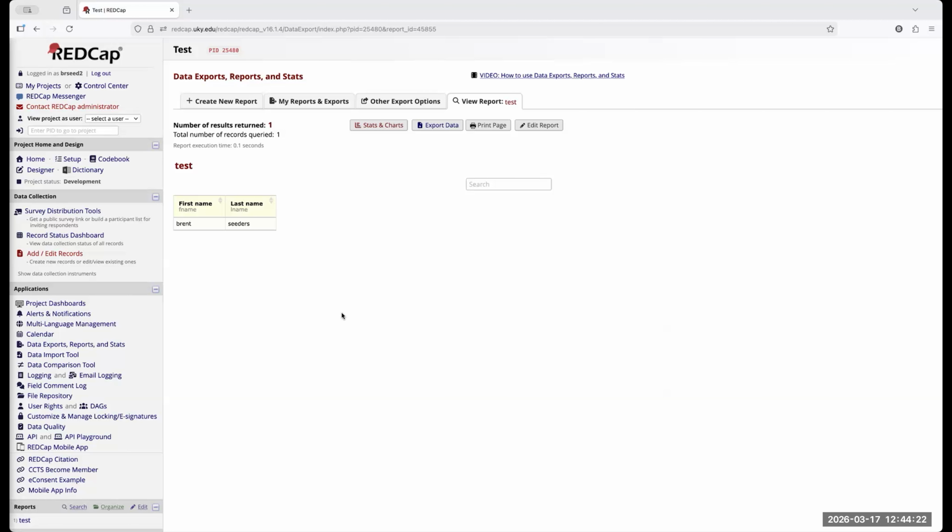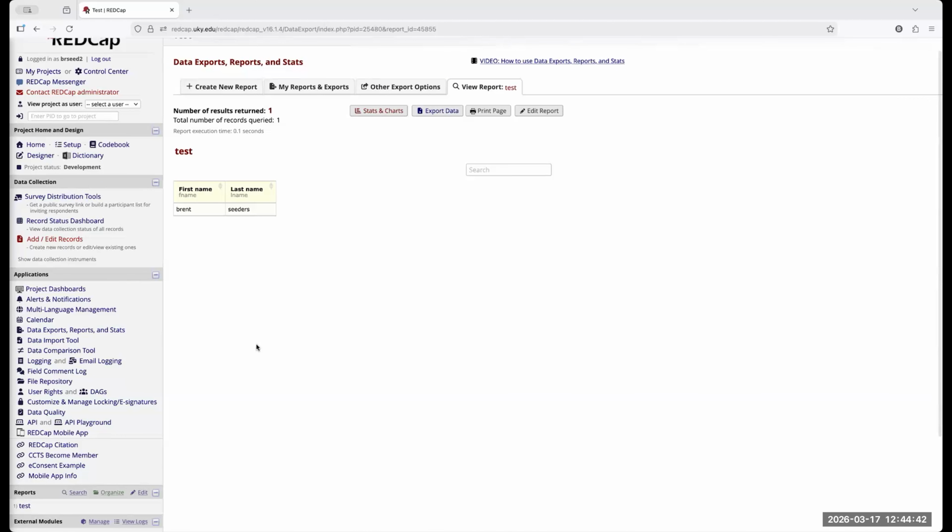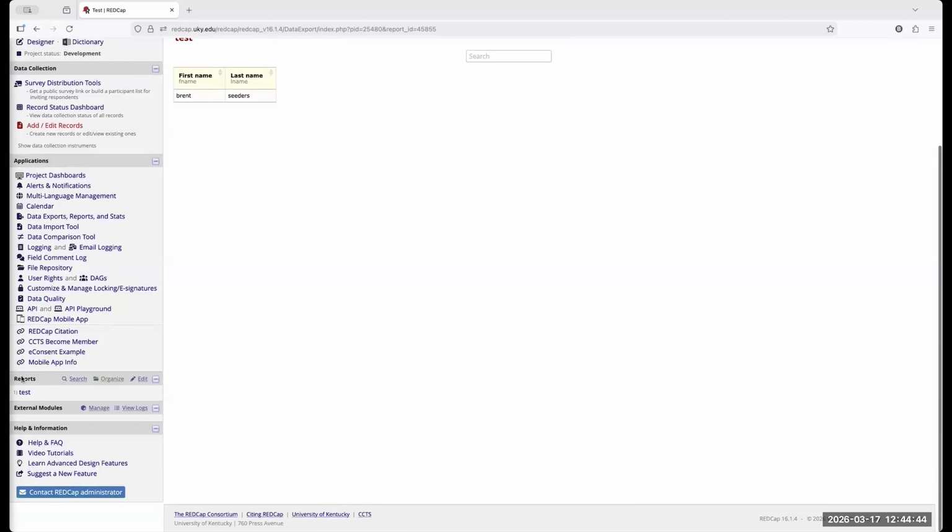It's not going to do a bunch of pie charts and fancy graphs and things like that for you. But if you need to know how many pregnant women in Lexington or Fayette County came in last month, it'll spit those numbers out for you. If you want fancier things, you need to export it into SAS or SPSS or something. If you notice, we now have another bar here that says reports. So it'll give you a list of all the reports in the project that you are able to see.